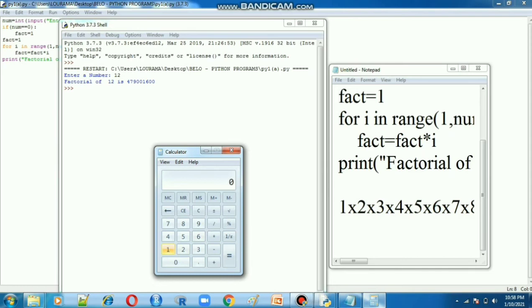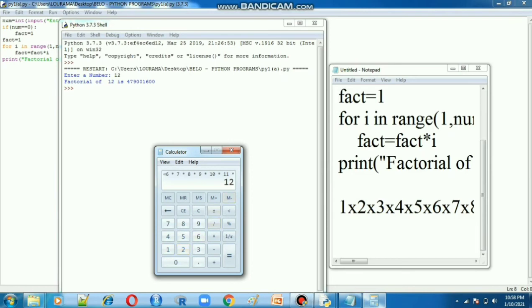I type in the calculator itself: 1 into 2 into 3 into 4 into 5 into 6 into 7 into 8 into 9 into 10 into 11 into 12. Only 1 to 12 is covered by the range function, because our input is 12 only.